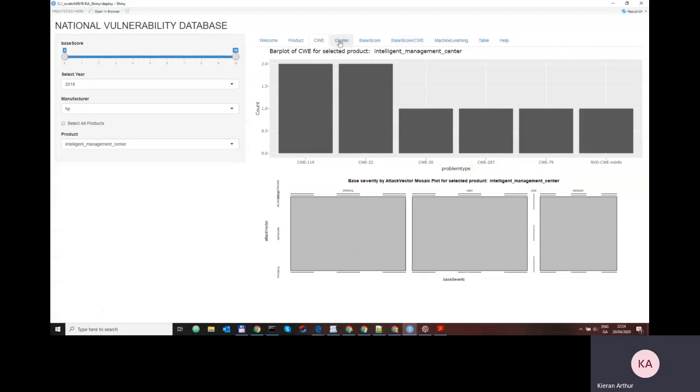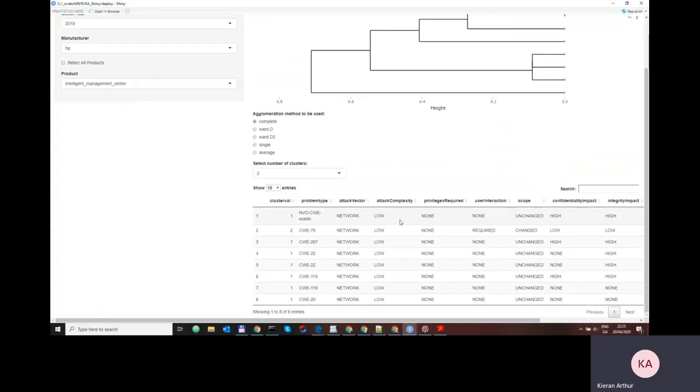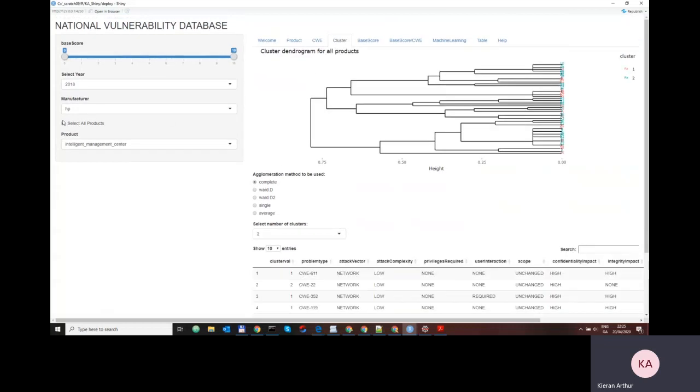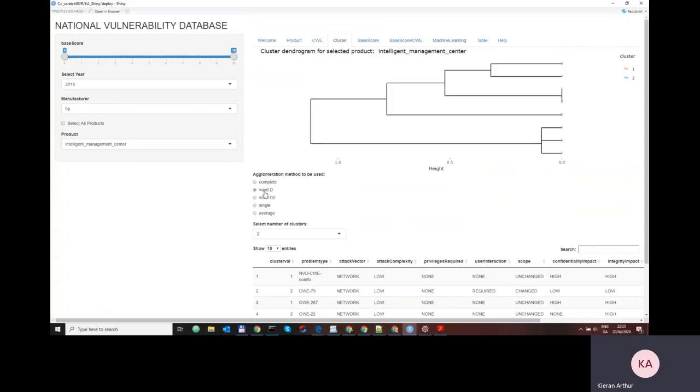The next tab shows the clustering information. The next tab shows clustering information for the selected data. And we can see that we have a dendrogram for the selected product, or we can select all products, and the application will recalculate. Looking at just one for the moment, we can see that there are a number of different agglomeration methods available for the user,